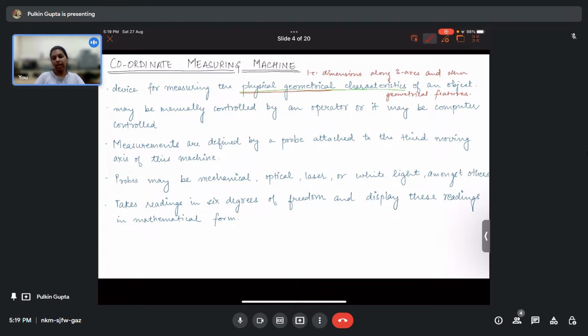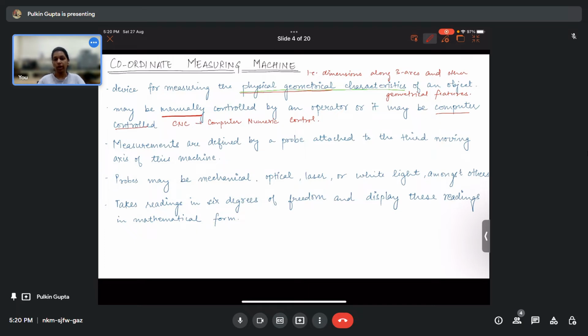Now this coordinate measuring machine can be controlled either manually by an operator, or can be controlled using computer, or what is popularly known as CNC, that is computer numeric control. So we can just have some CNC codes, G codes, which will guide the probe, and it will just measure the CAD object